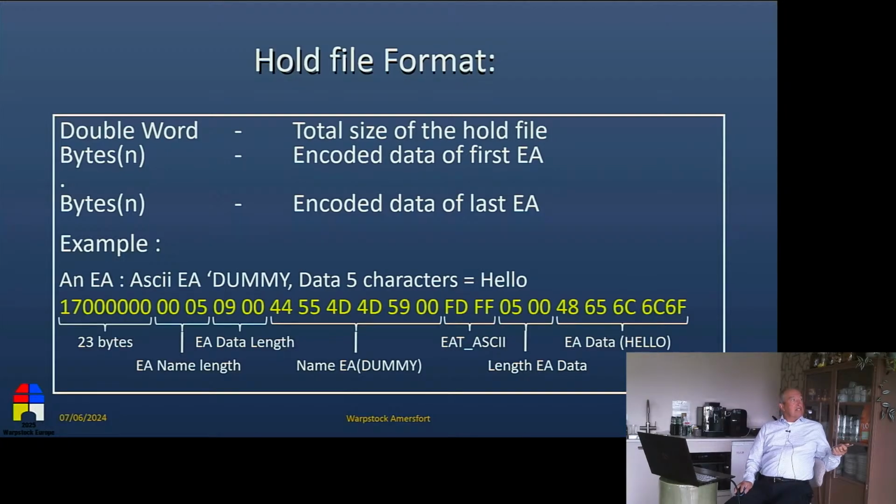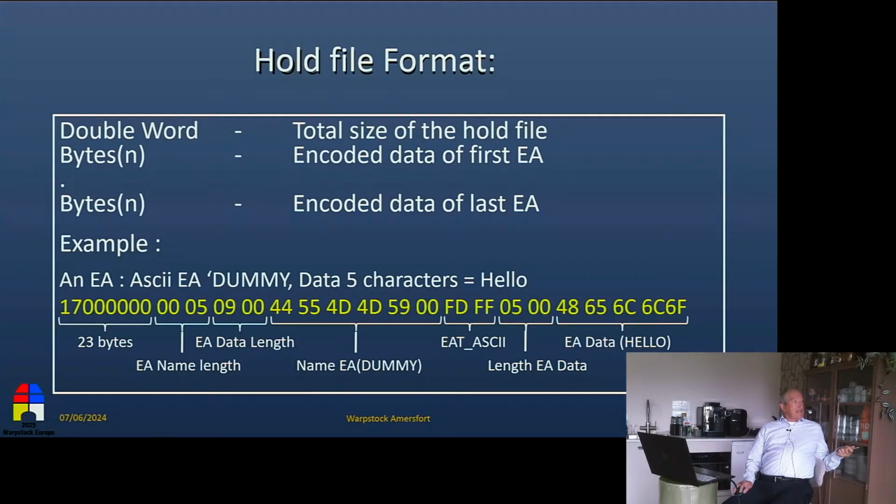Then you get first EA, next EA, next EA, next EA, and so on, until you eventually have encoded the last EA. For example, I've shown here the ASCII EA, this is only one, has 23 bytes, 17. If you convert that from hex to decimal, that's 23.